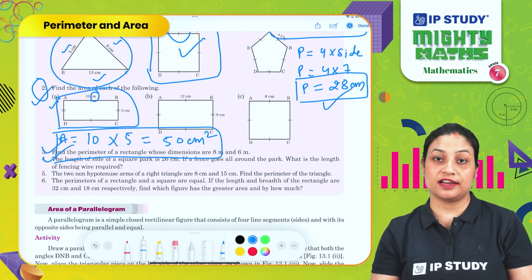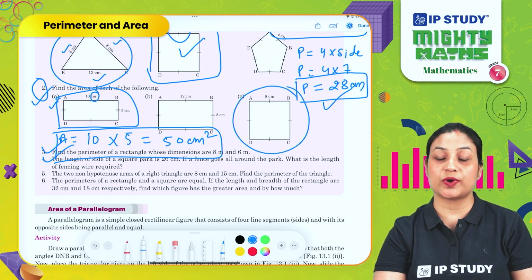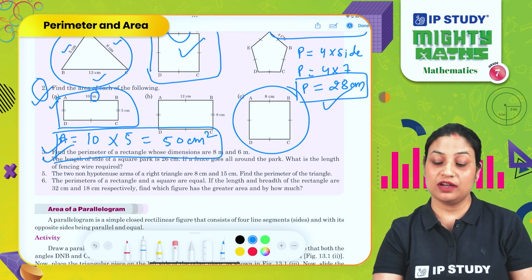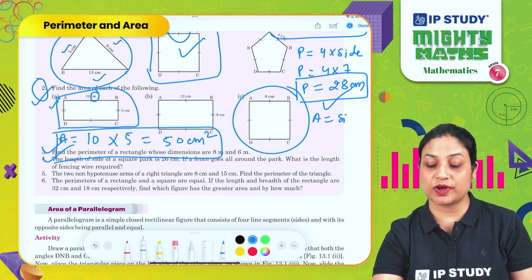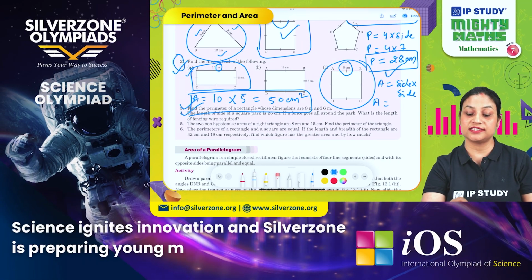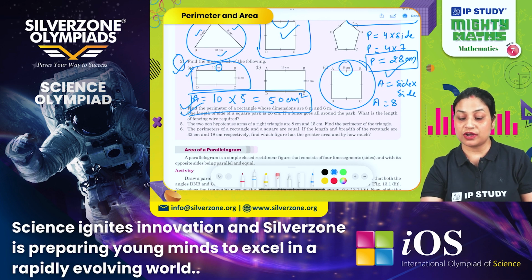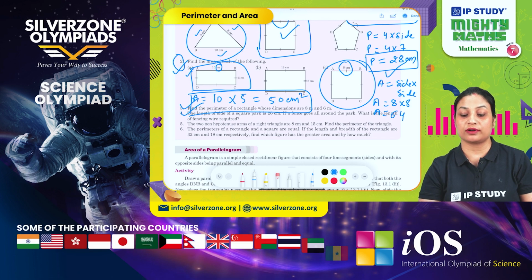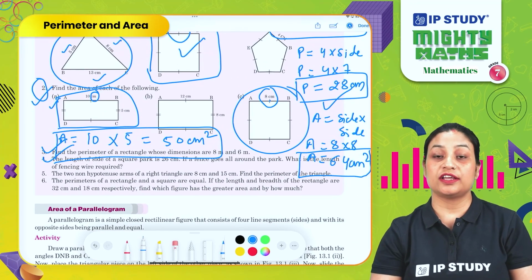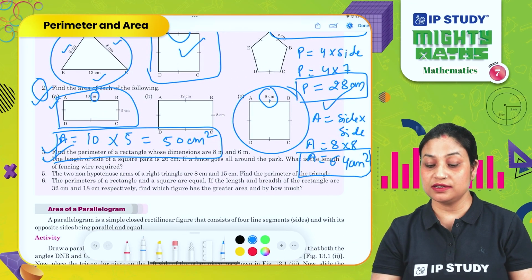Right? Let's take another question. Here you can see a square is given, right? And you're supposed to find out the area of the square. We know the formula. What is the area of a square? Area of a square is side into side, right? So what will I do? The side is given over here. What is the side? Side is 8 centimeter. So you have to find out the product. So 8 into 8, what will you get? You will get 64. And centimeter is there, so centimeter square. So what is the area of this square? Area of this square is 64 centimeter square.